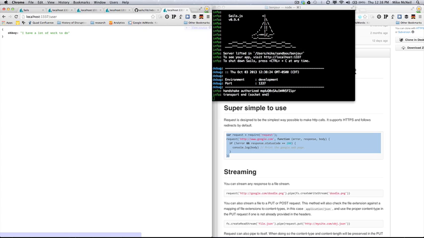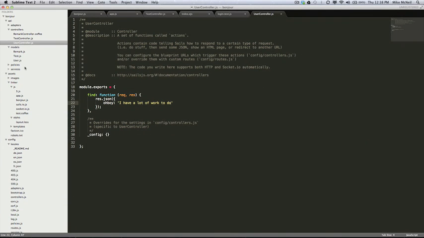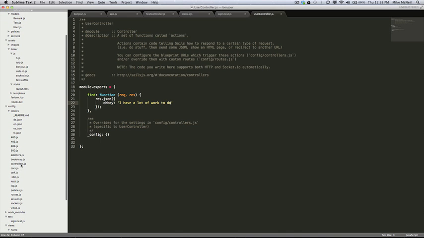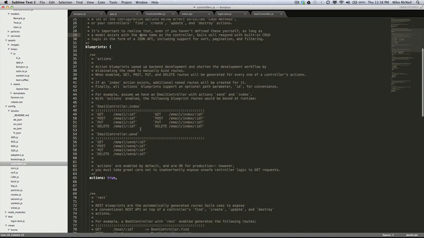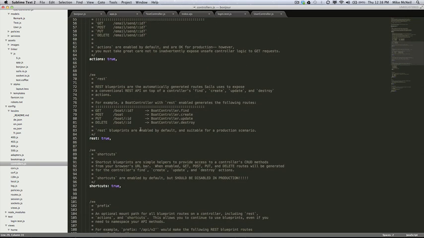Right, so there you go. That's the total override option, right? Now, as far as changing the routes themselves, that's something that we expanded a lot more recently in Sails. So if you go to this controllers.js file now in your config, there's 3 types of automatically generated routes in